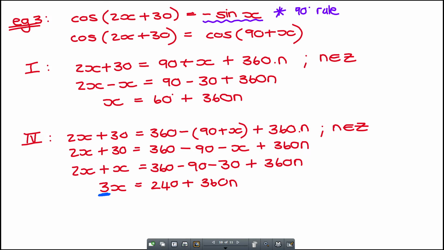So, I'm going to divide by 3, but please remember that I've got to divide this by 3,